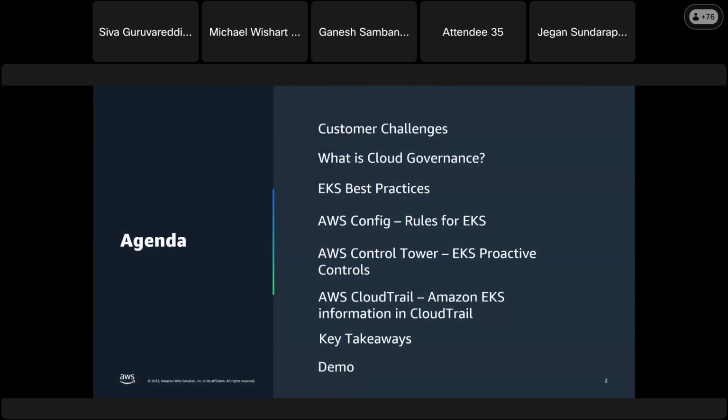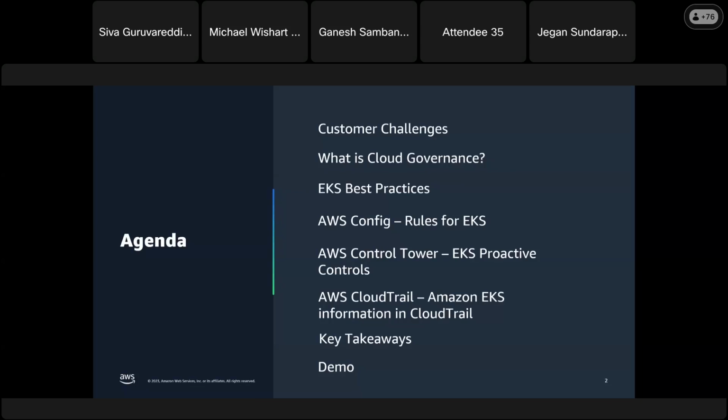We'll talk about what exactly I mean when I say cloud governance. I'll talk about some of the EKS best practices and some other services to govern your EKS more effectively.